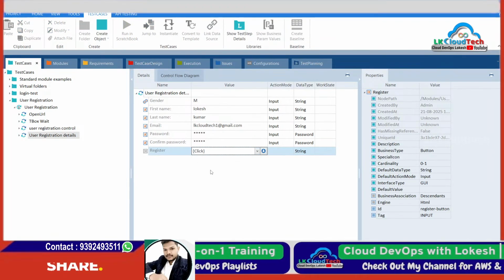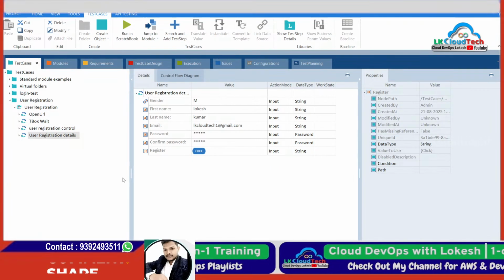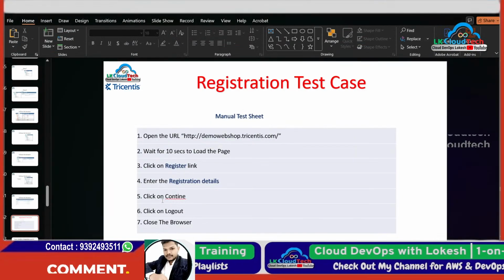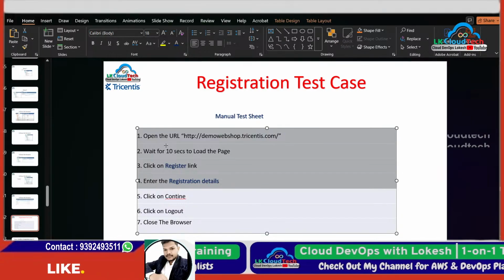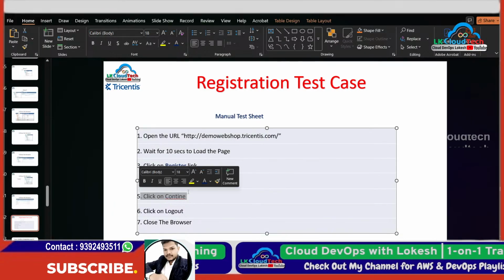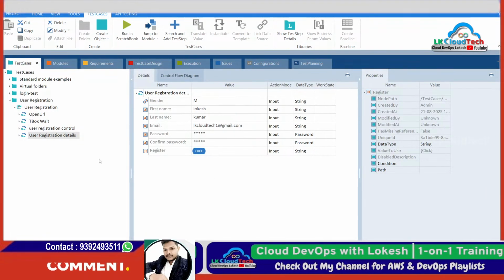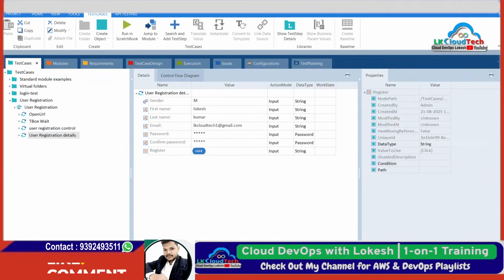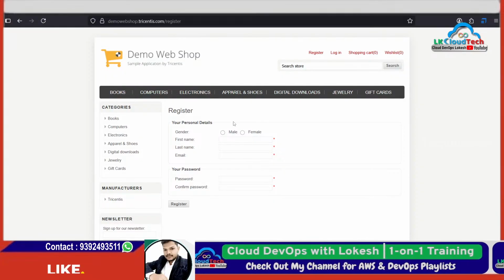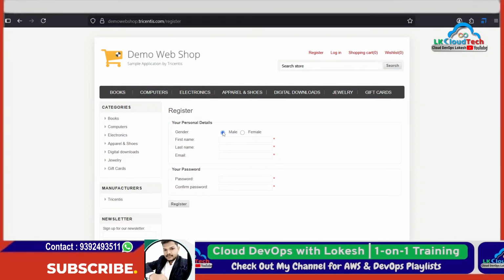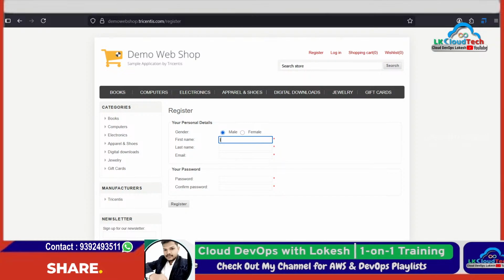So that's why you just need to keep here. All right, that's great. So now this is done, right? Enter user registration details. Next you need to click on continue. Next step is that. Okay, this is done. So once after register here, you just keep the same details, same Lokesh